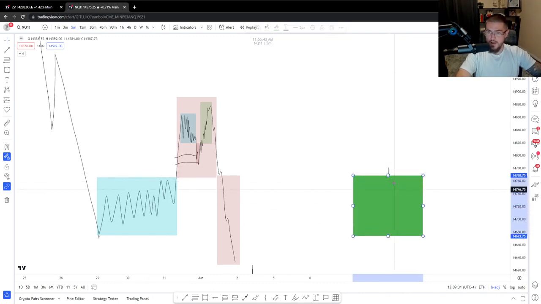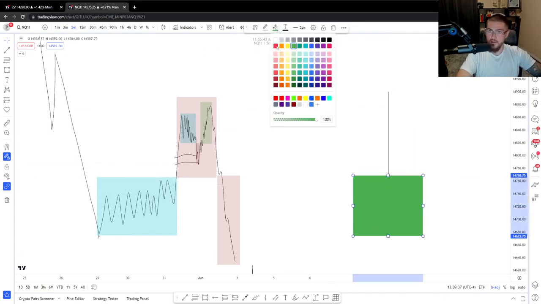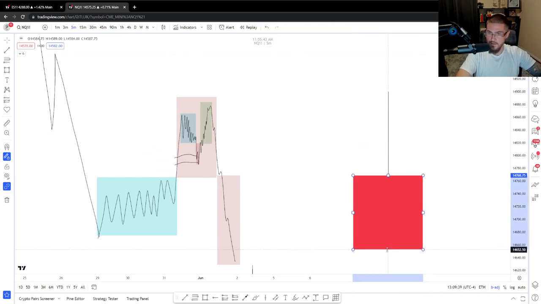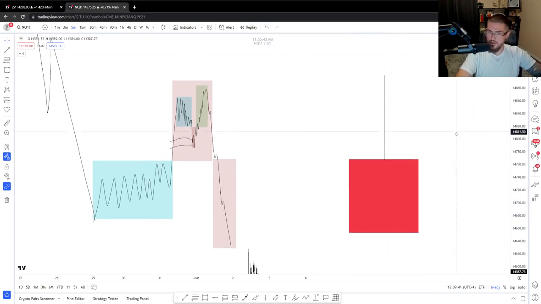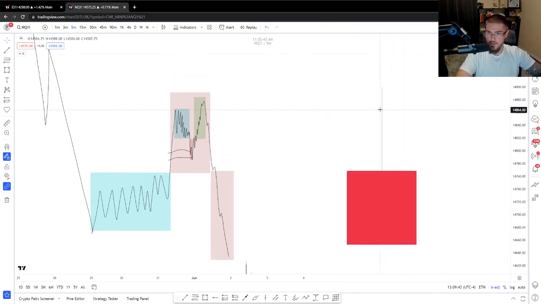So let's say if you do have a big bodied candle to the downside, right? I'm sorry, draw this red to not confuse. Let's say if you have a big bodied candle to the downside. Well, a lot of times if you look on charts, weekly candles that are very bearish, there's going to be a wick, right? Sometimes it's large, sometimes it's not. But if you are a seller in this environment, the ideal,